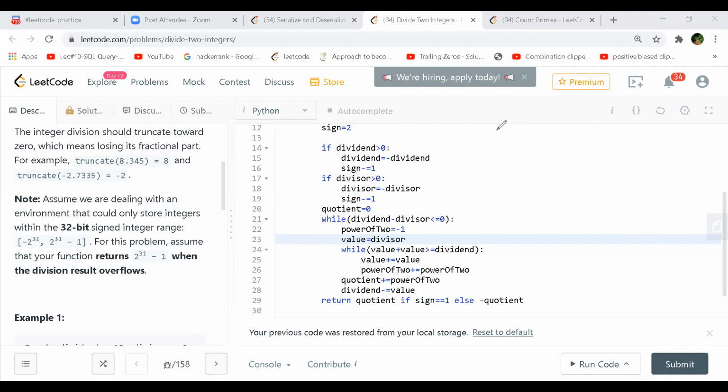So you don't go inside this while loop, right? So when you come to line 27, your earlier quotient was 2 because of the previous operations, and now your power of 2 is again just 1. So you add 2 plus 1, which will be 3. And then you subtract the value from your dividend, so that will be 1, right?